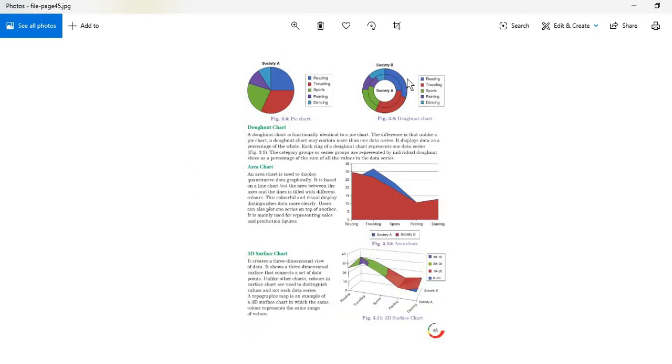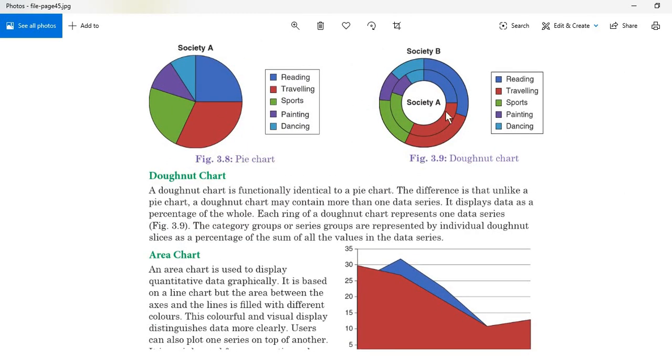Okay. Now next ঠিক pie chart এর মতোই দেখতে আরেকটা আছে which is called donut chart. Now pie chart এ সোসাইটি A আর সোসাইটি B দুটো আলাদা পাই চার্ট থাকবে, ঠিক আছে? এখানে একটা দেখিয়েছে, এটা সোসাইটি A, আরেকটা সোসাইটি B এর যেটা ওটা ডোনাট চার্টে দেখিয়েছে। A donut chart is functionally identical to a pie chart. ওটা অনেকটা পাই চার্টের মতোই, বাট ভেতরটা দেখো সোসাইটি A, এই যে রিংটা it's a ring আর this is a সার্কেল, রাইট? এই যে ভেতরের রিংটা হচ্ছে সোসাইটি A, বাইরের রিংটা হচ্ছে সোসাইটি B.